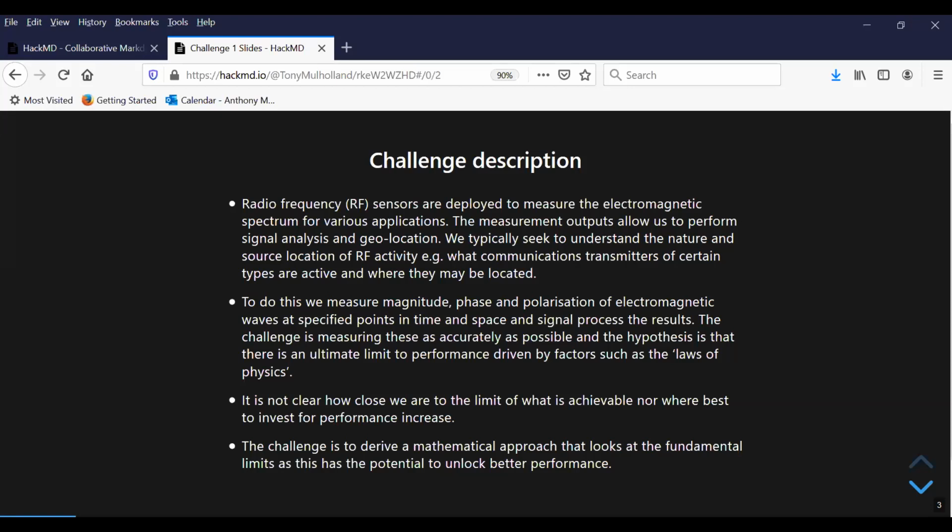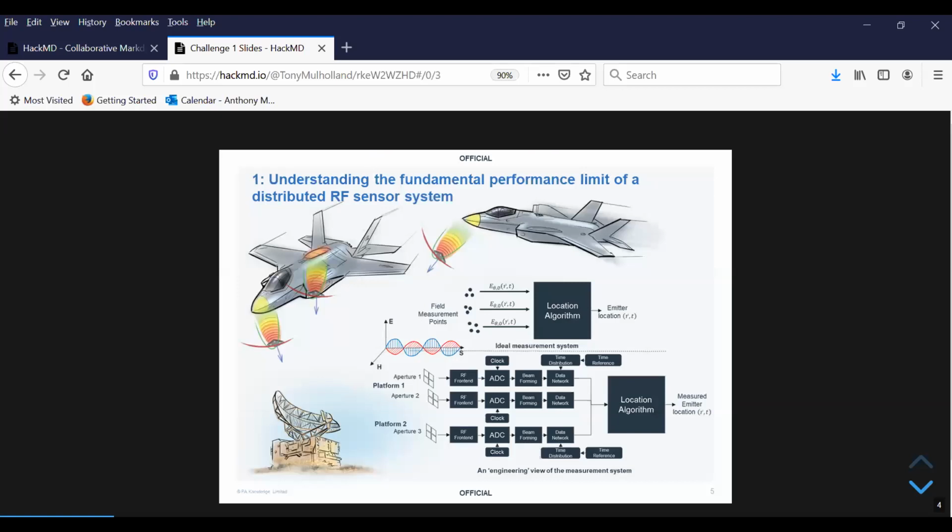If we knew the fundamental limit, then of course we can benchmark where we are at the moment against that, and that would help with investment decisions. If it's diminishing returns, then we might say there's not much point investing a huge amount for little reward. Or if there's a big gap to this limit, then that would encourage activity.